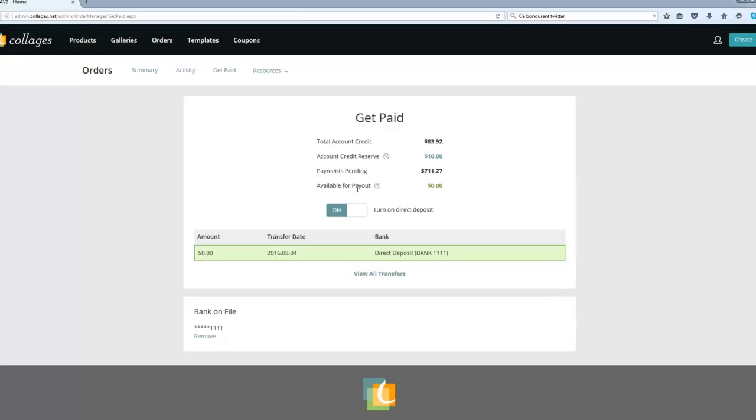Your amount available for payment is always going to be your total account credit minus your account credit reserve and minus any payments pending. So if you had $800+ in your account credit and you were ready to place an album order, and that album order gets placed at 10 o'clock at night, and our quality assurance team doesn't come in until the next day to review your album and process the payment and put it into production,